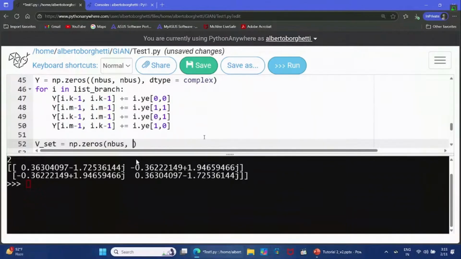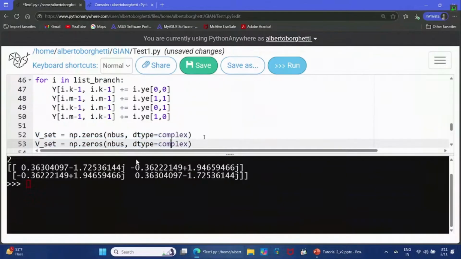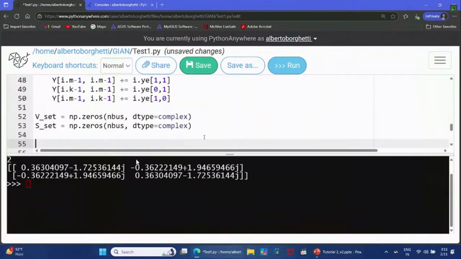And bus. Again, I would like to put complex numbers, so it is 0 but complex. And we do the same also for the power. So we have the collection of the voltages and of the power as set. And then we can now store here the values of the